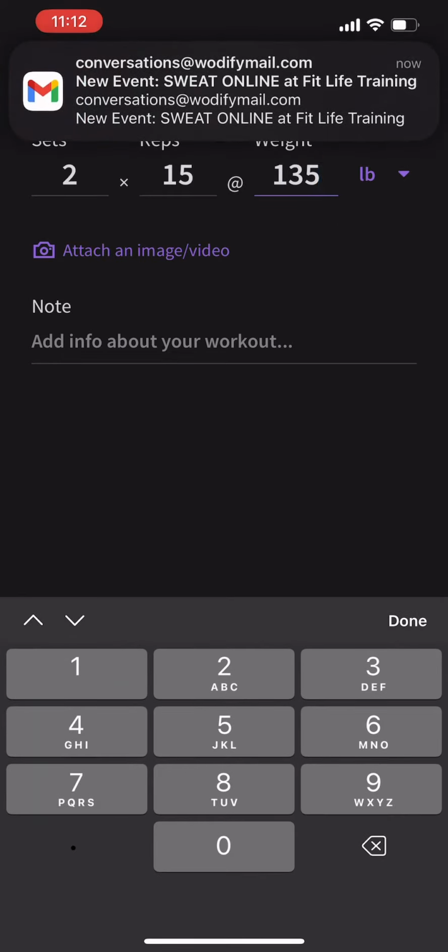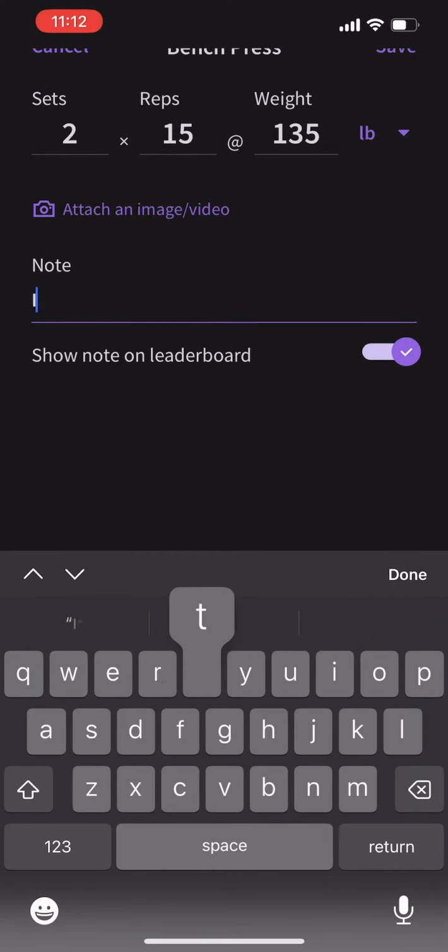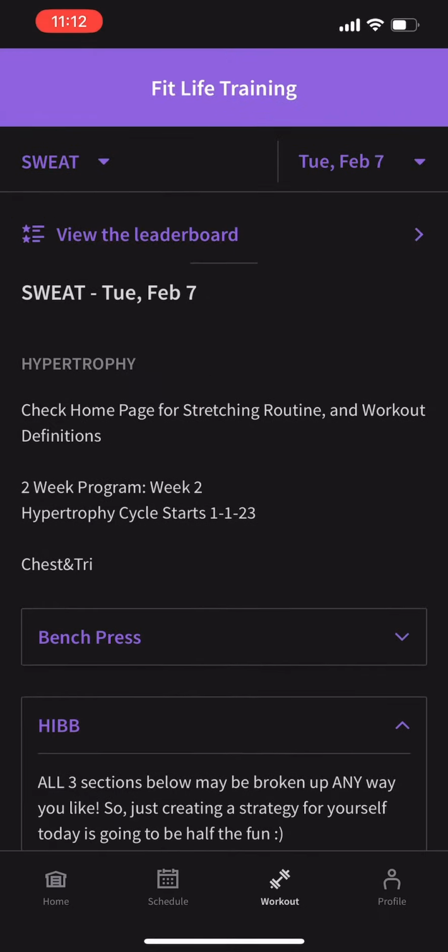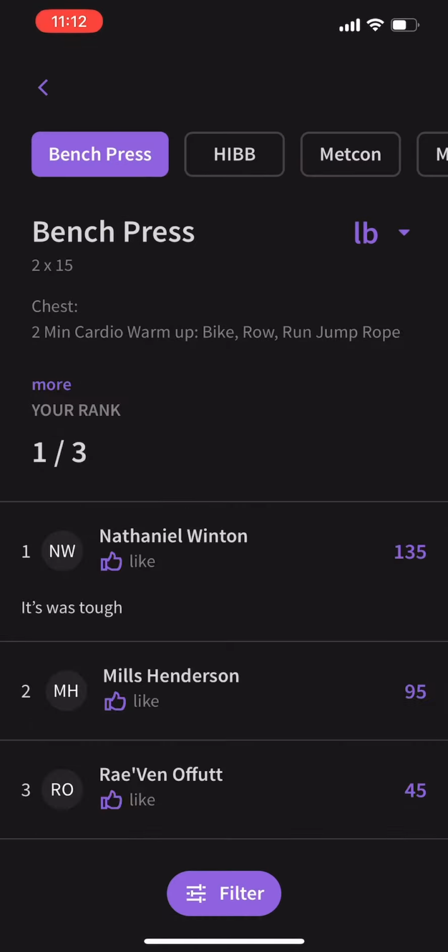So let's just say we did 135. Typed in my note about it. You can even add a video of what you did in there so you can save it to your profile. Press save, and then we'll go to the leaderboard at the top and just check out to see what other